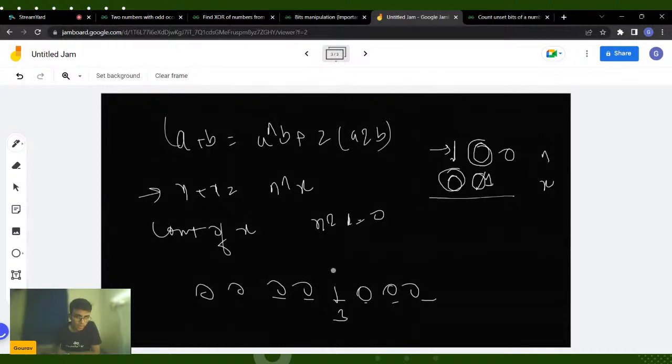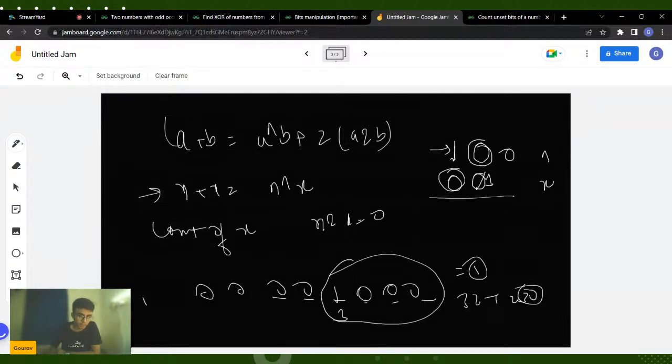But since up till here the idea of a number is ending, we just keep it simple. So how can we count it? That is the reason that there doesn't exist a function that counts the number of unset bits. So if you put a built-in pop count, this will give you 1. So if you do 32 minus 1, equal to 31, this says that int a equal to 4 contains 31 places in which the bit is not set, bit is equal to 0. So this was the concept here.